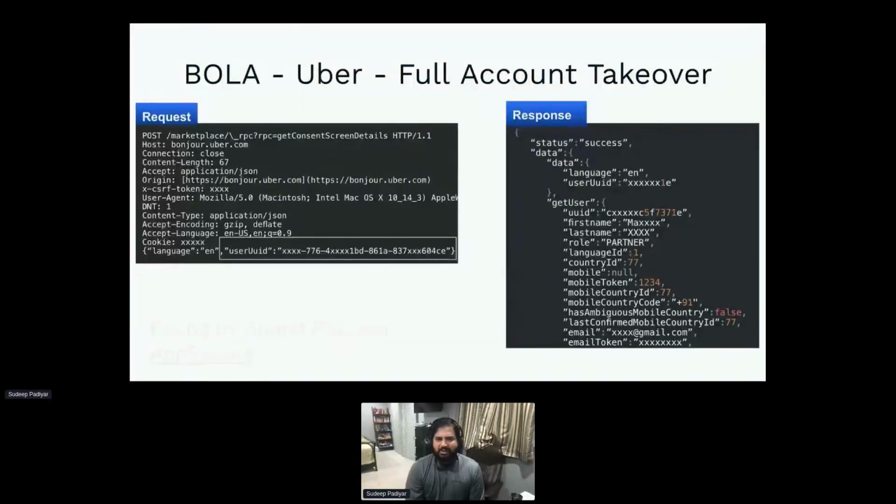And if you see, again, another variant of broken object level authorization was used here, in this case with regards to the user UUID. And these are, again, a bunch of alphanumeric strings, and based on the different requests that you send for that user ID, the response would give you all the details around that particular user, including their PII information, such as first name, their last name,